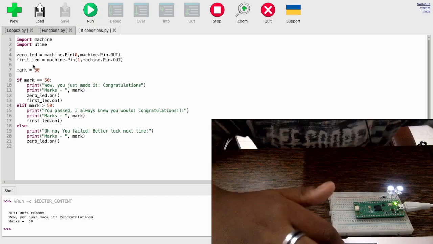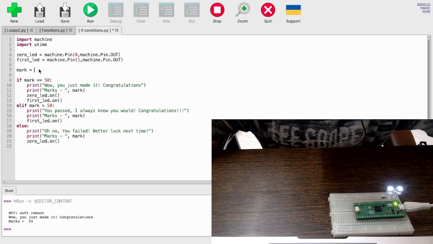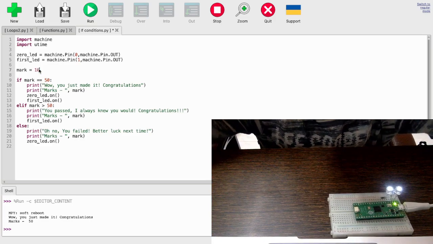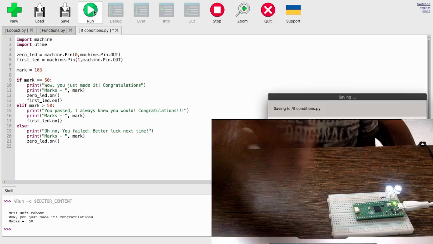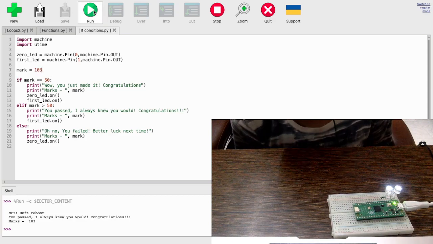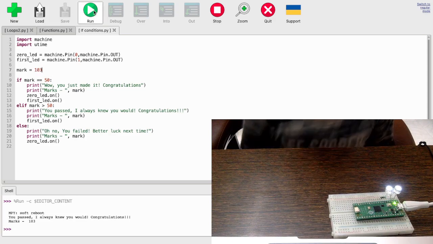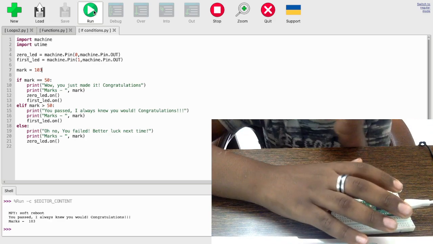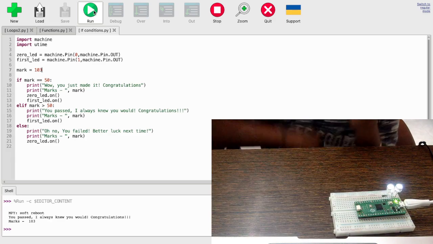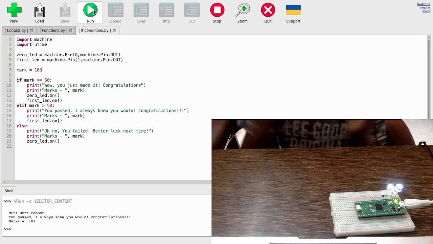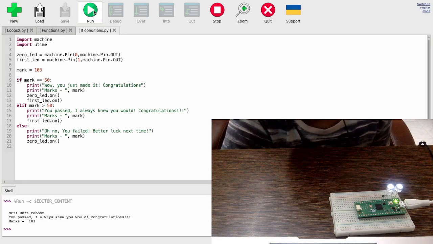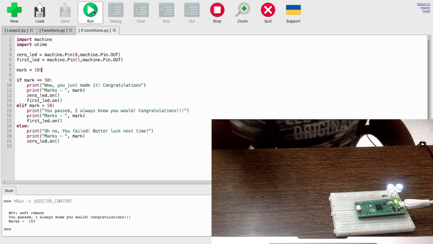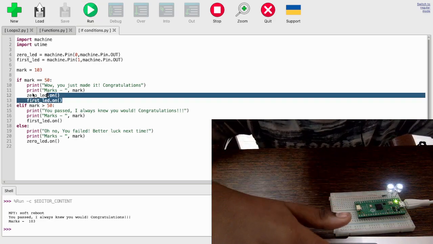But what if we put 103? You just passed. Obviously, you would. Congratulations, mark is equal to 103. And why is only the first LED on? Okay, here's the situation. It's not turning it off. So what you're supposed to do is turn both of these off at the start of the